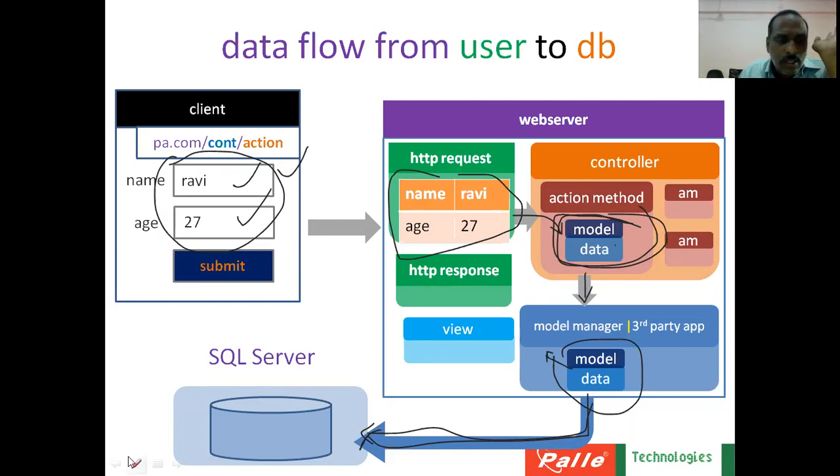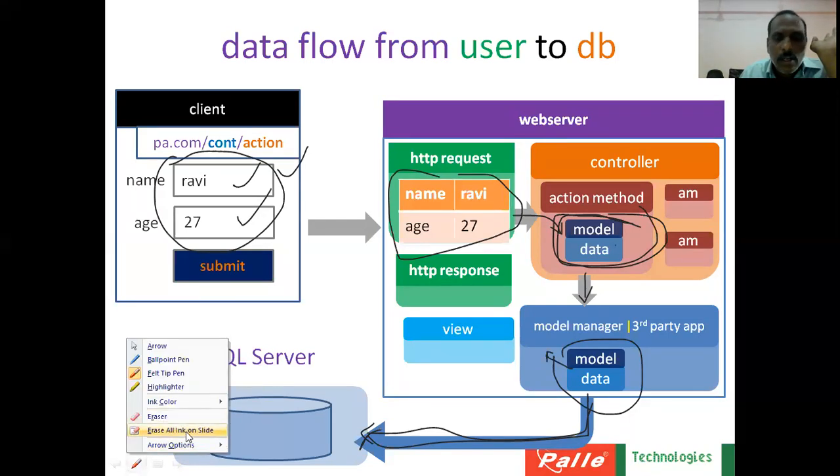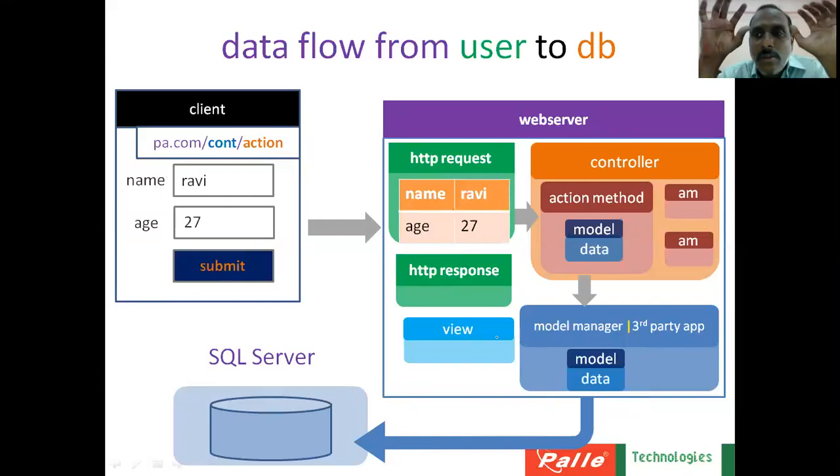Nothing much over here. Whenever I explain through this diagrammatic approach, anyone can easily understand that data is coming like this, like this, like this. But how to implement this in the application, how to write the code for this, that is really important, not this diagram. The diagram makes you understand the data flow, but how to implement this, that is what we are going to understand in the next session.